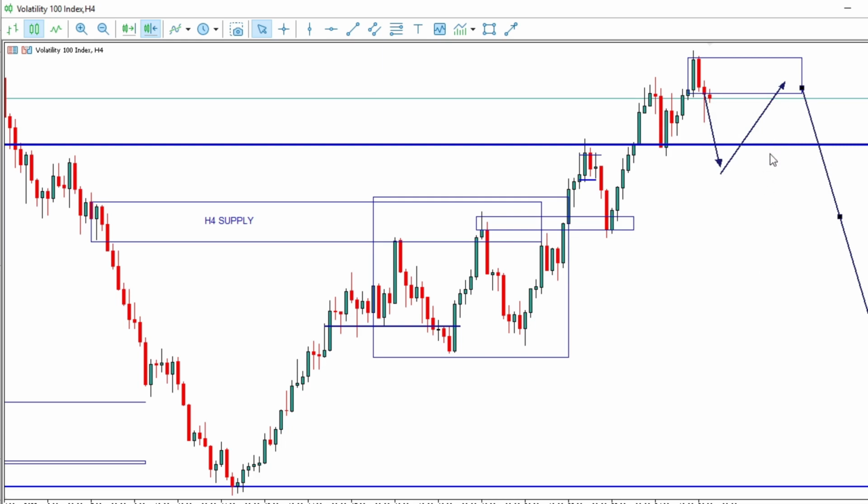So the resistance provides us with the opportunity, because we've broken structure here, let's say, and then when there is an imbalance, we'd expect the market to come back to this level and then we sell. If there's no imbalance, then the market will just come most times to retest this level of resistance that has been previously support, and then we take entries to come down, you get. So that's a simple trick for us to know when the market is continuing the trend, and if it's continuing the trend, these are just minor pullbacks, you get.